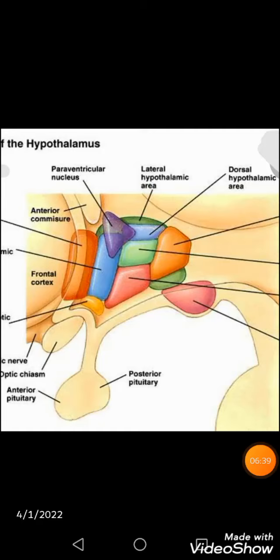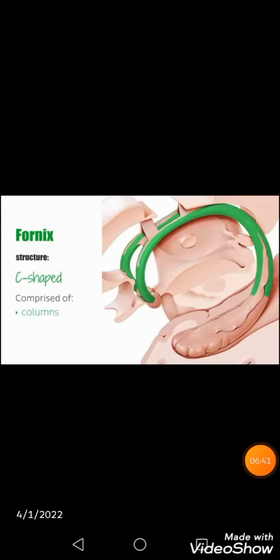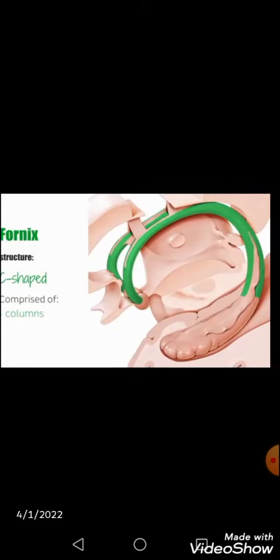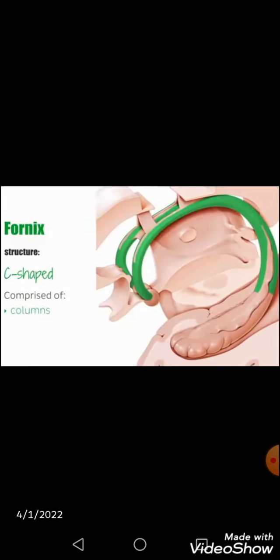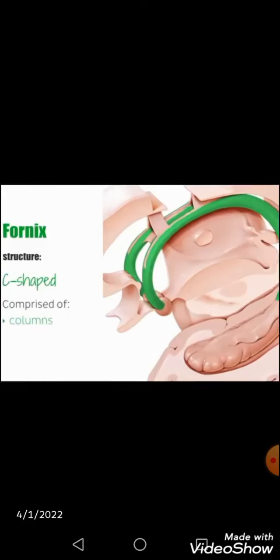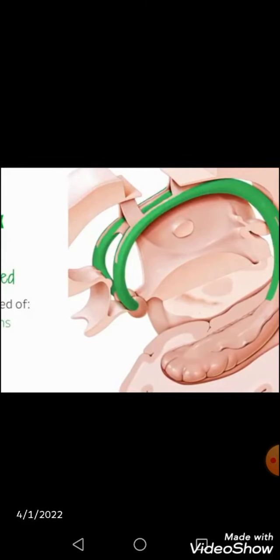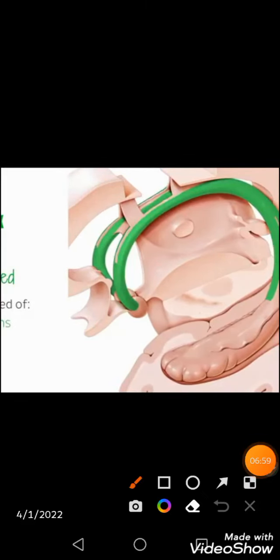Understand? Okay, in this picture we are going to see how the fornix gives the afferent connection towards your hypothalamus. So concentrate on its shape and location along with that of your hypothalamus. Let me mark the area of the hypothalamus, right?